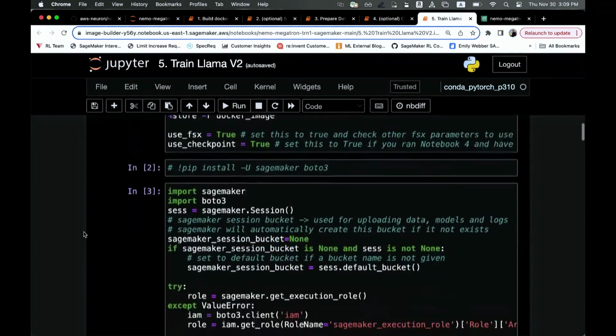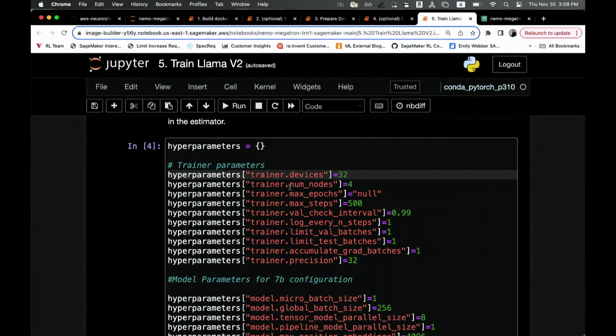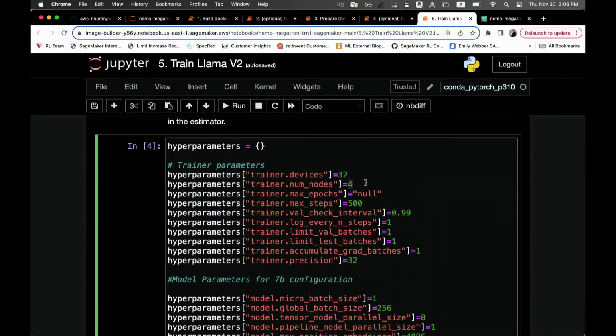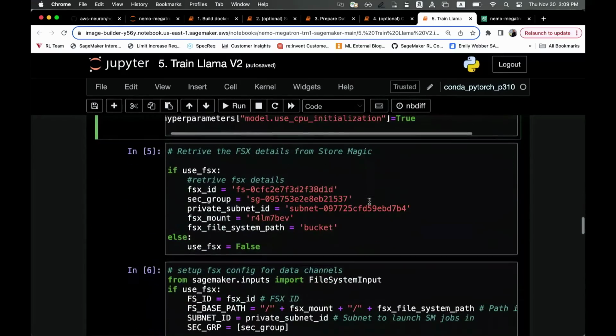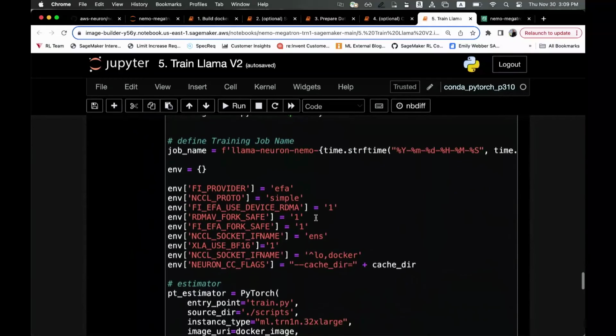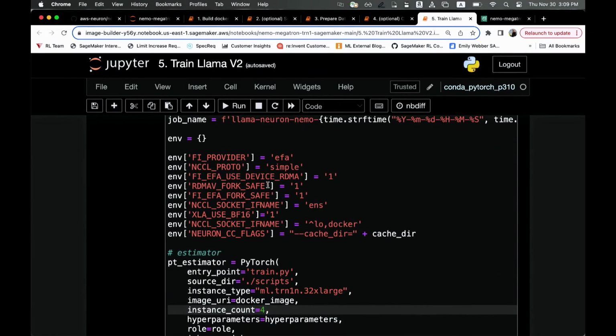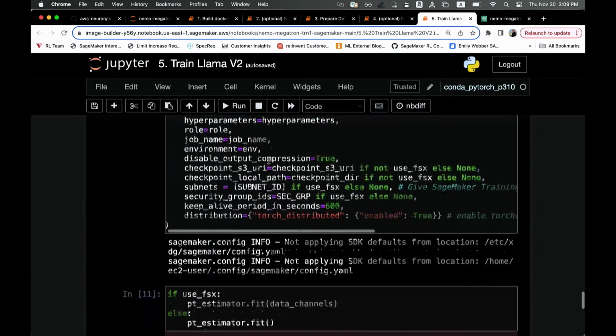So in any case, we're going to set this up. And then same as last time, pointing to all of my hyperparameters, specifying that I'm using, again, 4 instances. Each of these instances has 32 accelerators, again, the Trainium accelerators. All of the hyperparameters for the 7 billion parameters that we're going to train here, my FSx for Lustre pointer, and then I'm going to launch my training job. So setting in the rest of my hyperparameters, again, pointing to that PyTorch API, loading in my scripts, and